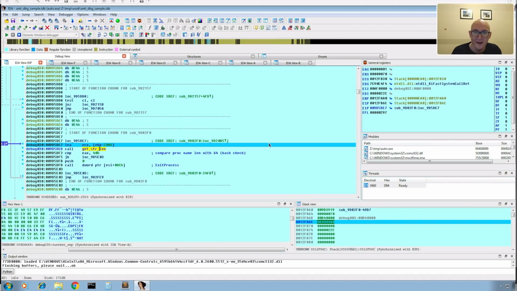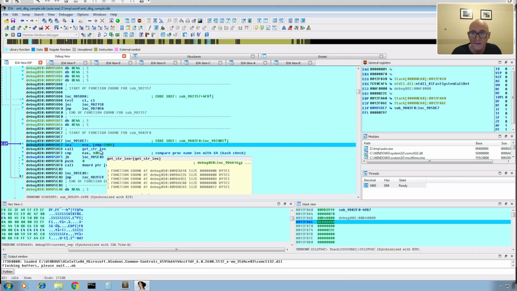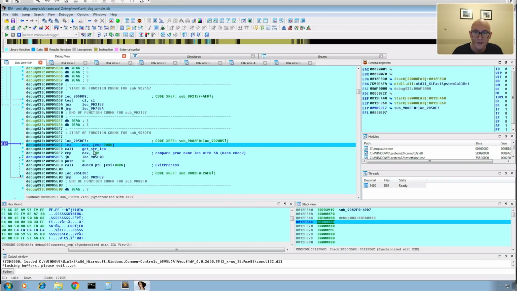Okay, so you can see I've been busy labeling here through the magic of video. I went through and added labels to a bunch of these functions, or I guess they're not really functions, they're sections that are being called into, because the functions have been kind of destroyed by this obfuscation, like I was describing before. So I've added a couple of labels just to make this a little bit faster. In order to do that, I had to step through the code, and it takes quite a bit of time,